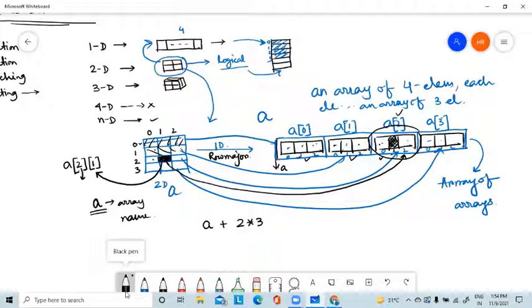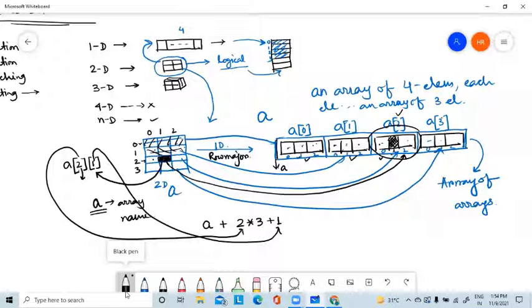I have to cross the first row, then the second row, then I have to cross this one. So plus 1. This is the 1, this is the 2, and this is the size of each row. This is the calculation for how many elements I have to cross.